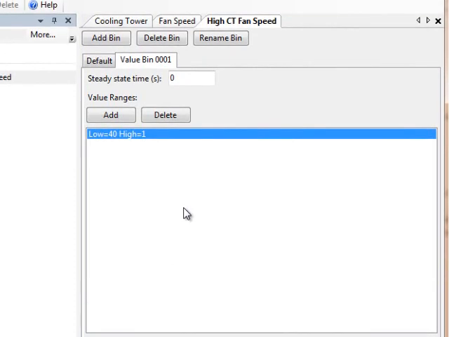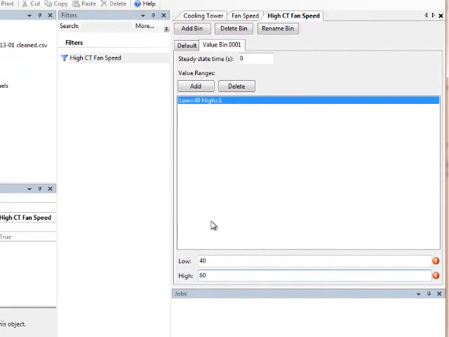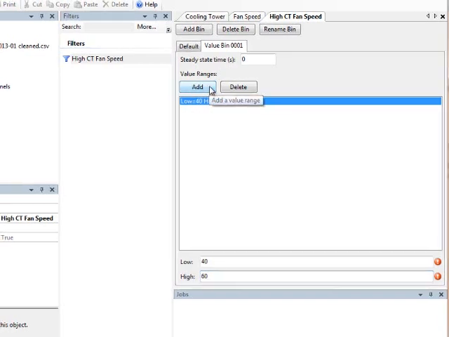Where the power of multiple bins also comes in is for electrical rate schedules. So I can define various periods of time, usually in terms of electrical rates, when rates become multiplied with certain factors, and then using the filter and the electrical power input, I can actually calculate dollar values for rates. But in this example, I'm just going to look at the high fan speeds, 40 to 60 Hertz, and then rename that bin as well